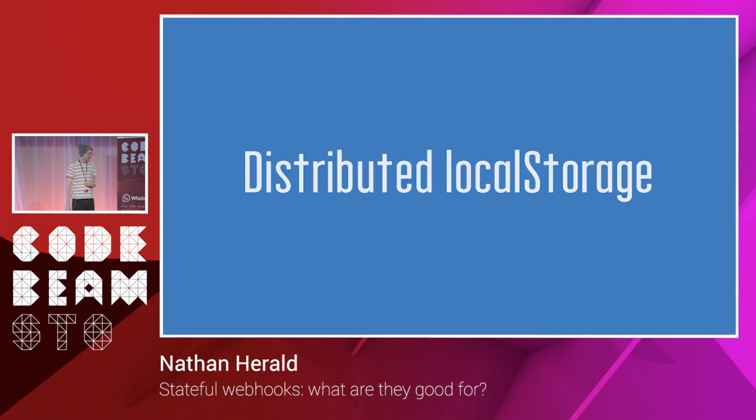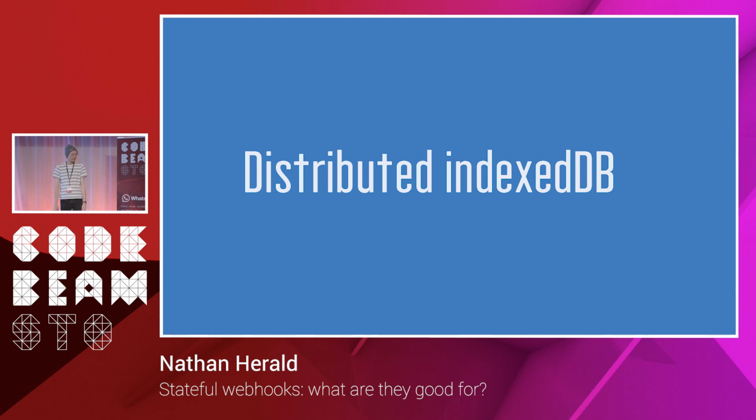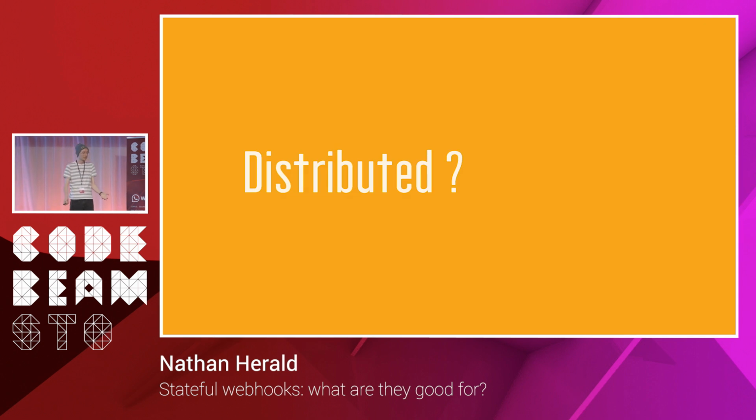Another thing is, since it's JavaScript right now, should I implement something like local storage or a little database, so you don't just have your webhook state or your gen server state, but you also have maybe a shared database between all the webhooks or between all the users? Is that a good idea? Would people understand that? And you could take it further and actually do a more interesting database where you can do queries and stuff, or is there something else that should exist in a system like this?